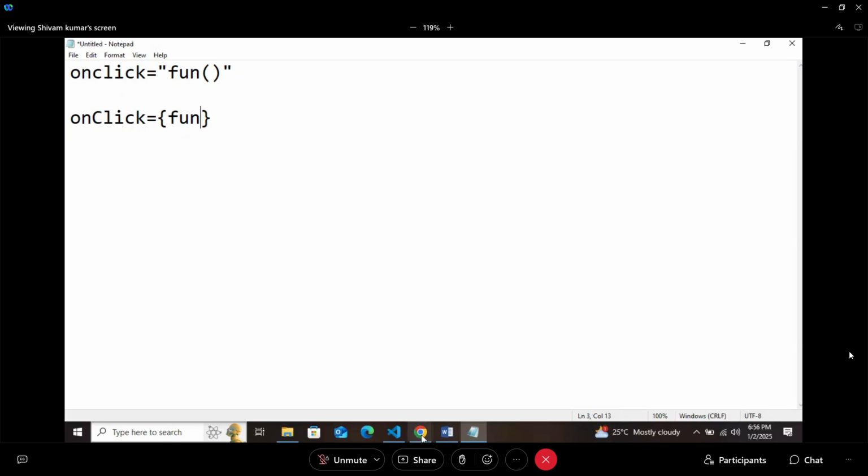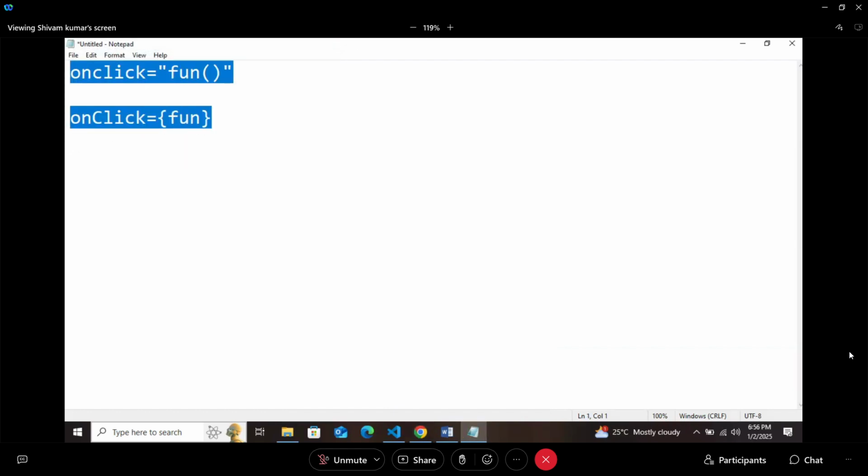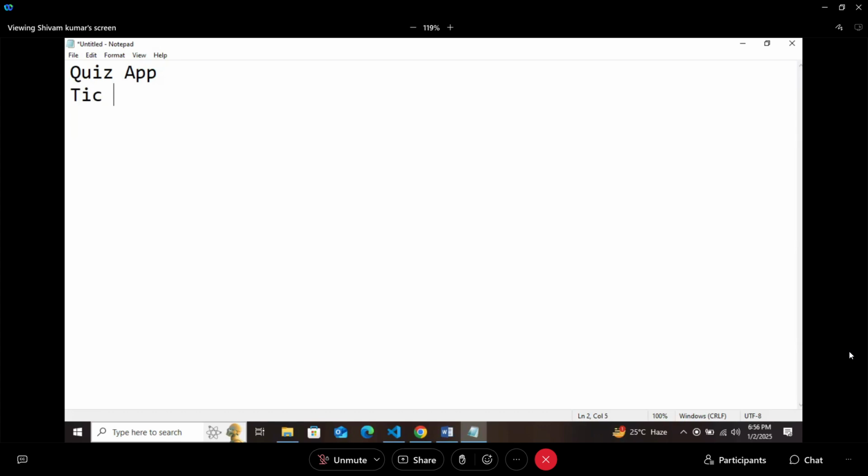Okay. I'll update this as a task that you have to complete the Zerodha website. This is an easy one to use. There is not even a single logic in this. Three dynamic projects we have done: quiz app, tic-tac-toe, and rock paper scissors. So you have to develop all of these. Okay.